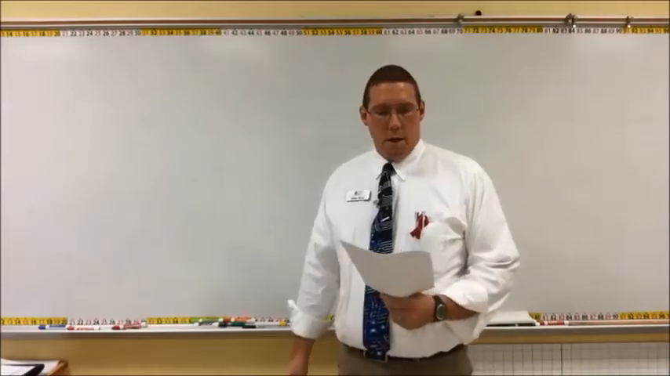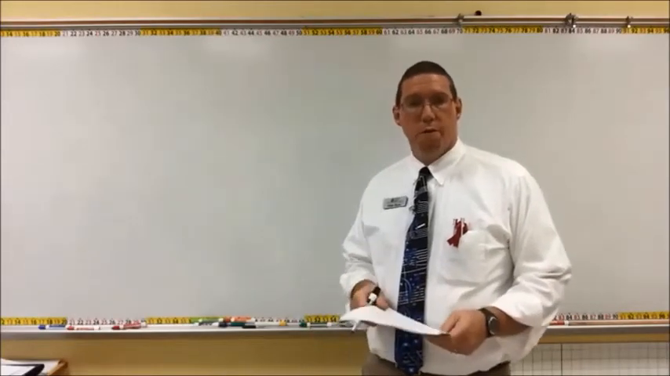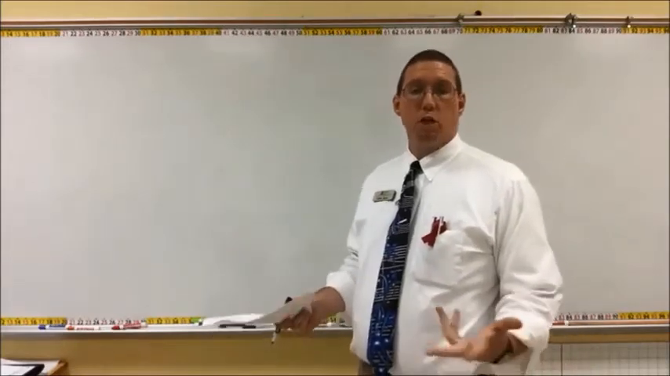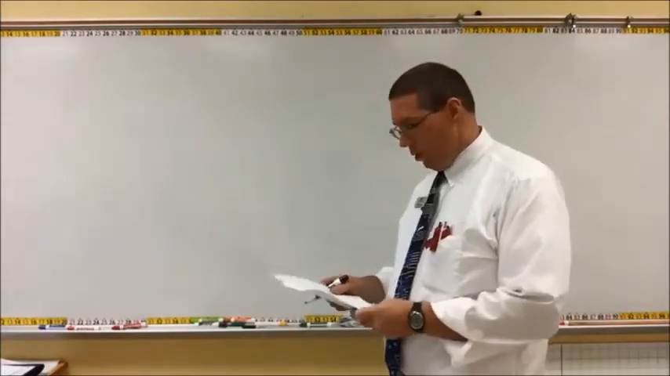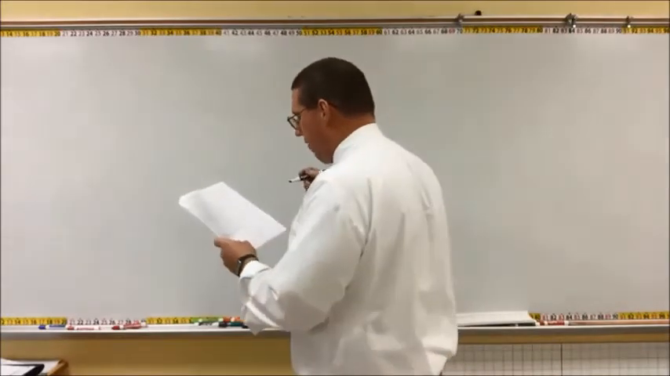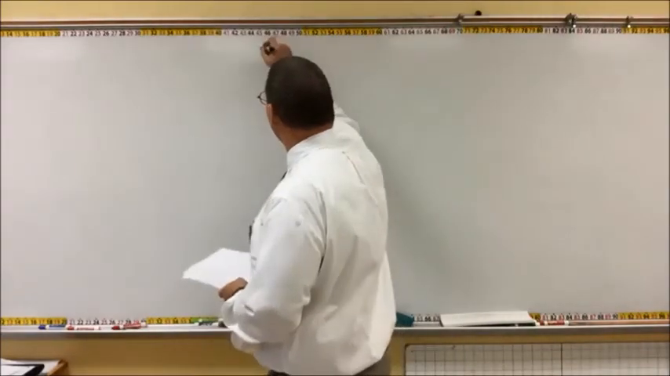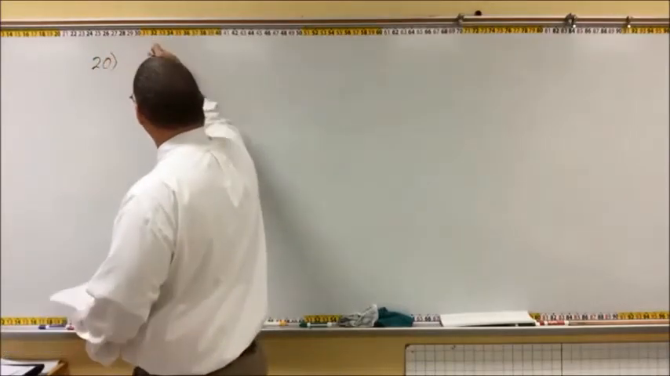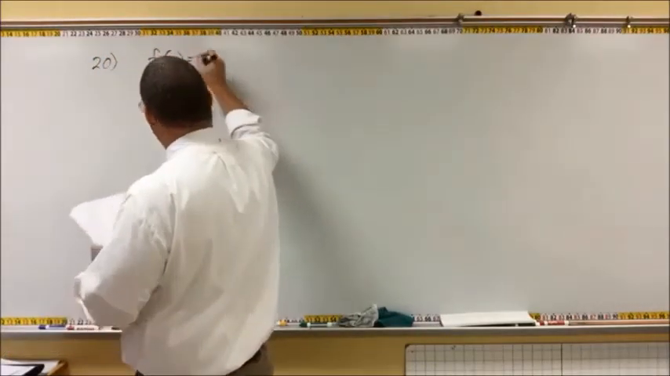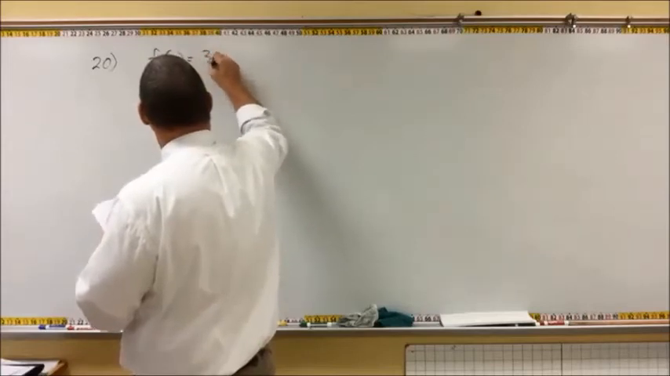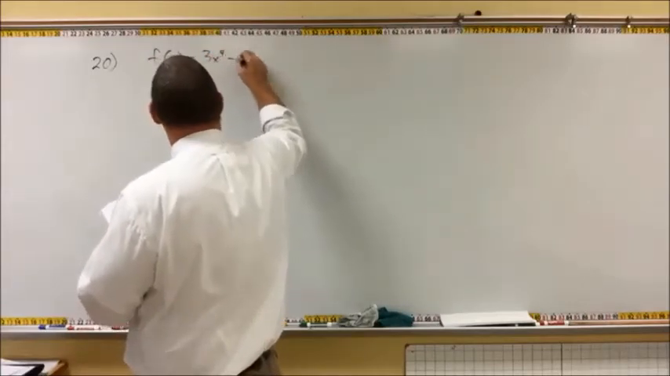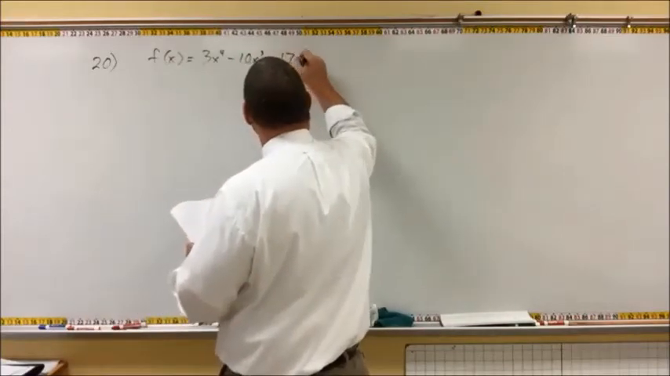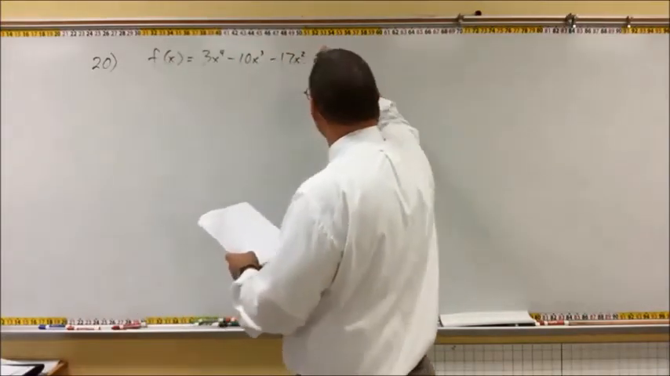All right, folks, continuing with the review for test number 2 from review packet number 1, we're going to do questions 20, 21, and 22. Question 20 says, identify the following information for the function. This is 20, that's about here. F of x is equal to 3x to the fourth minus 10x to the third minus 17x squared plus 92x